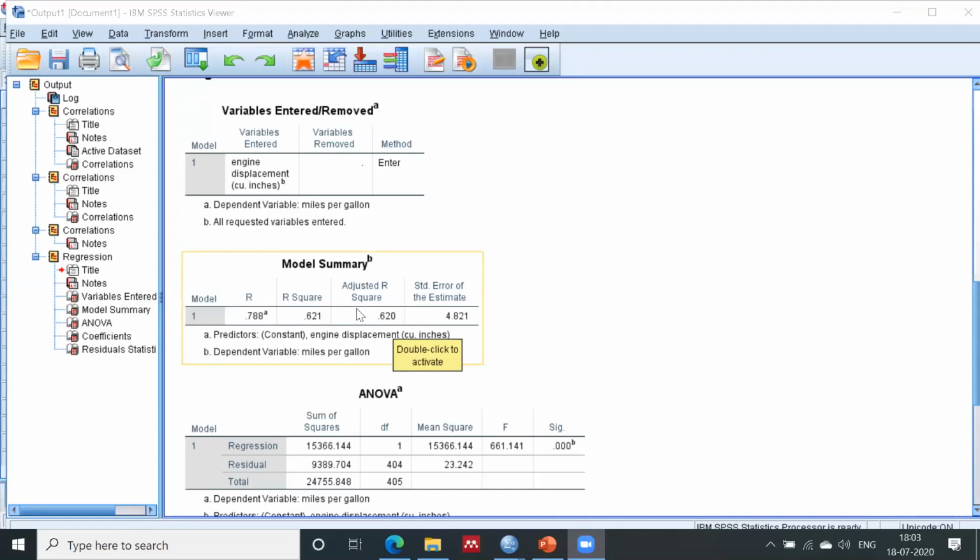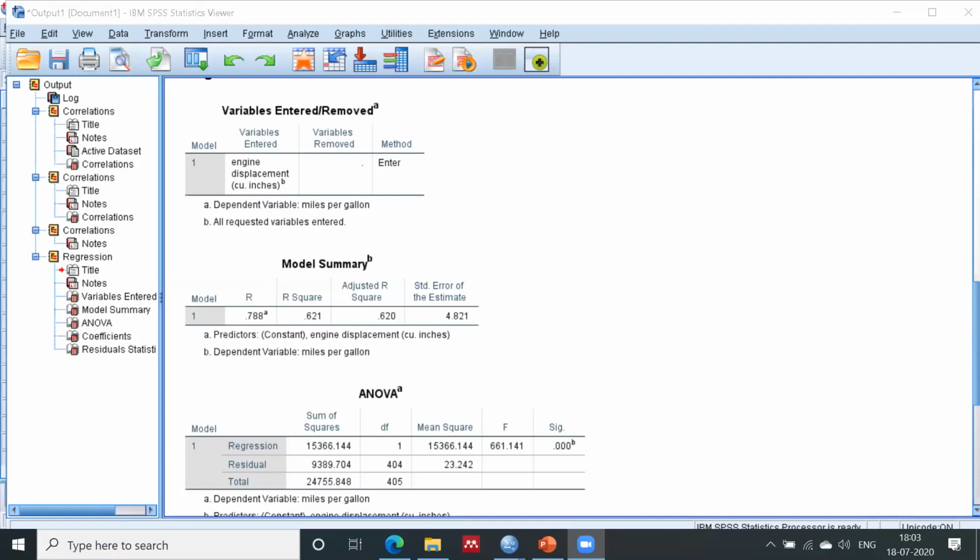Predictor is what? Independent variable. If we increase the independent variable, R square increases even if there is no contribution of that variable in the model. So remember this thing.